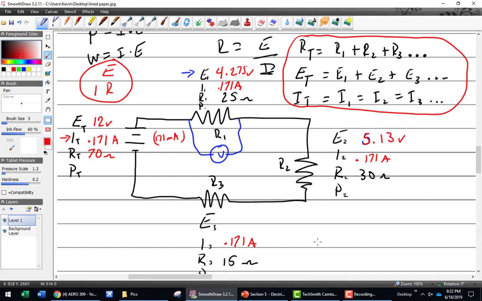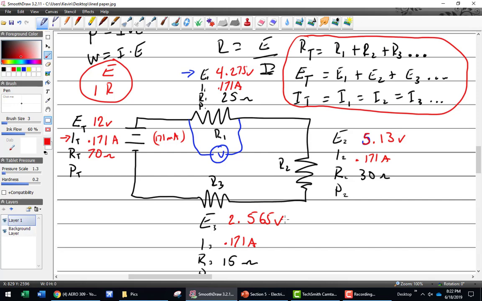Volts. All right. How about down here? 2.565 volts. All right, this is really the essence of what you're going to be doing a lot of in